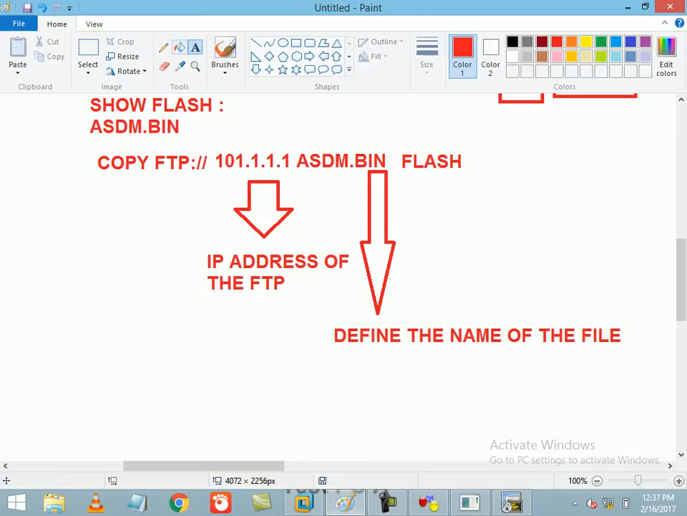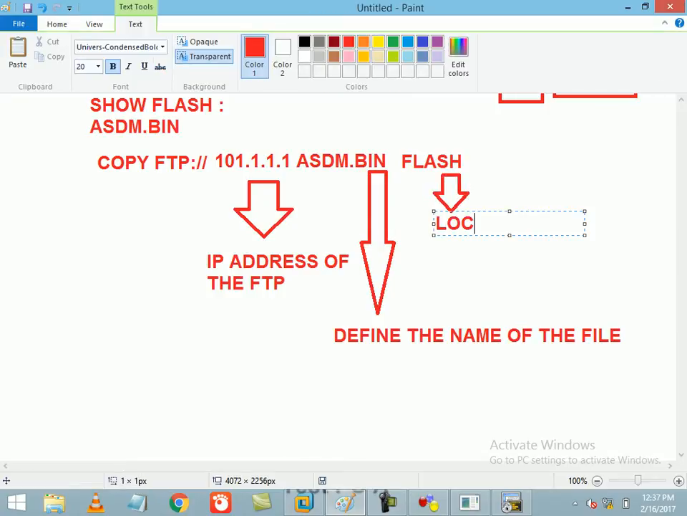And then you have to define the location where you want to store. So the last step is to define the location. Store the,